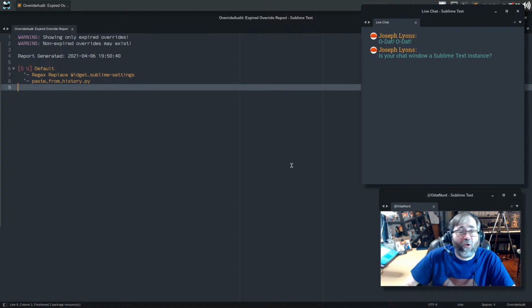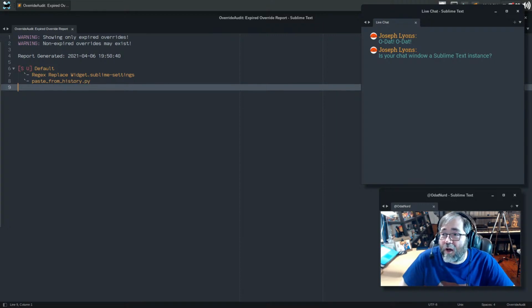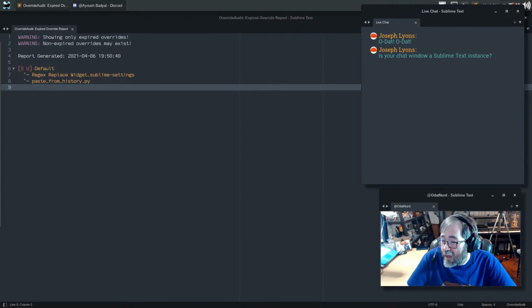on disk. Basically, the whole point of that is if it finds a file that is an override inside of the packages directory, and it determines that the Sublime package file where these things originally came from is newer, the package must have been updated. Maybe these things are not fully up to date.